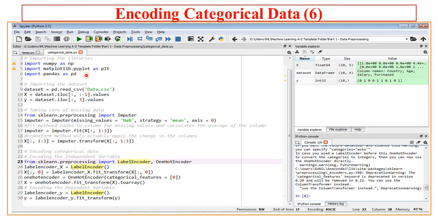So here is the complete program up to the encoding part, that is the encoding of categorical data. As usual, we have importing of the libraries, then we import the dataset, then we split the dataset into the independent feature vector and dependent vector. Then we deal with the missing data part. So here is the code for missing data. Then using the label encoder, we perform the conversion of categorical string data into numerical data.